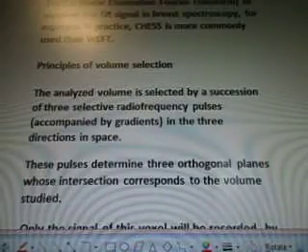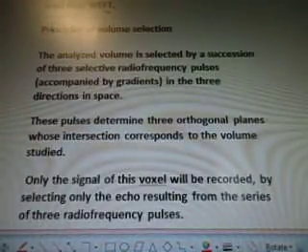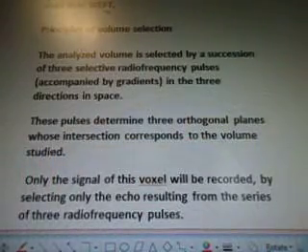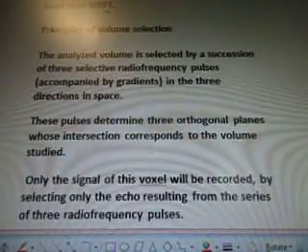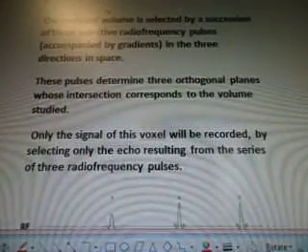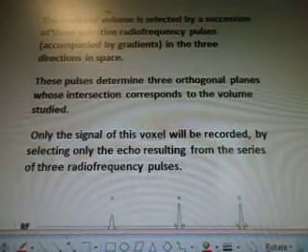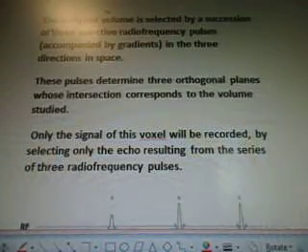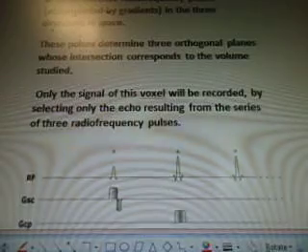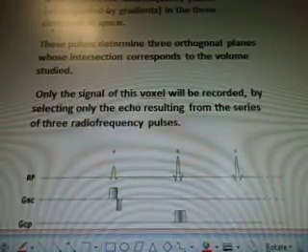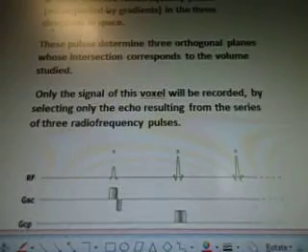Principles of volume selection. The analyzed volume is selected by a succession of 3 selective radiofrequency pulses accompanied by gradients in the 3 directions in space. These pulses determine 3 orthogonal planes whose intersections correspond to the volume studied. Only the signal of this voxel will be recorded by selecting only the echo resulting from the series of 3